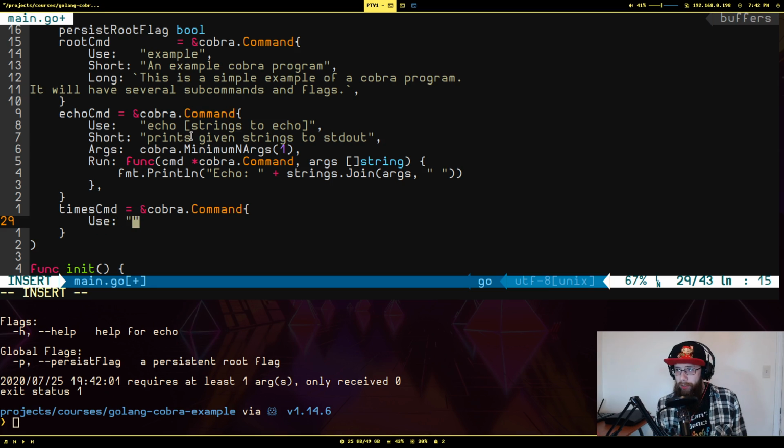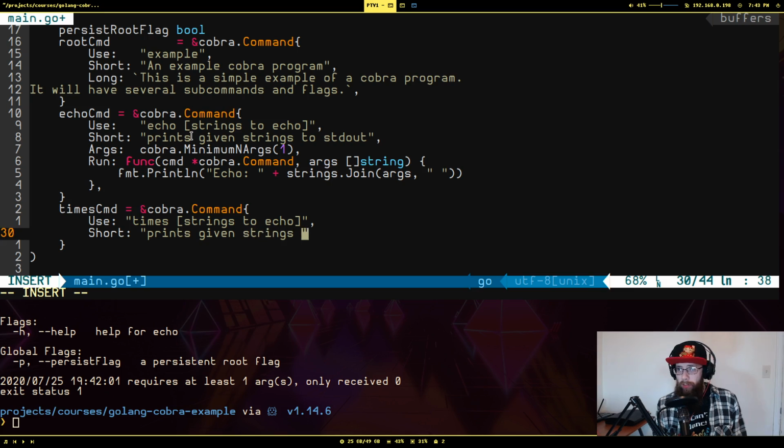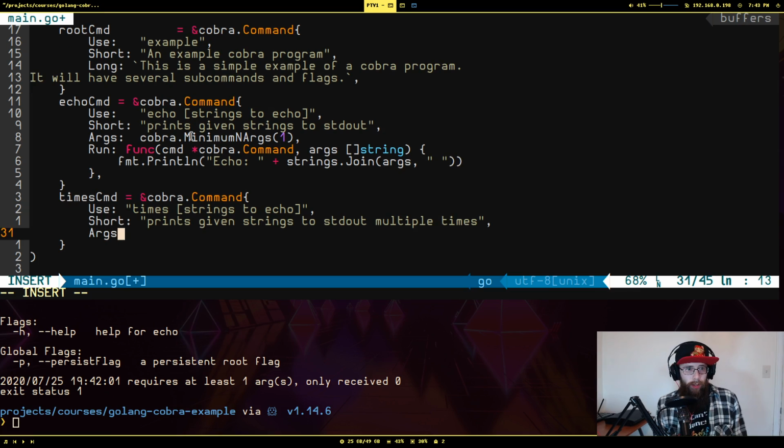Use is times strings to echo. So it's still kind of building off the previous command's usage. Short: print given strings to standard out multiple times. See, it's the same functionality, but it's modified. And it's going to have the same criteria: minimum in args 1,